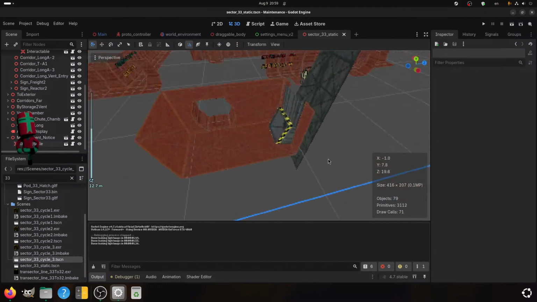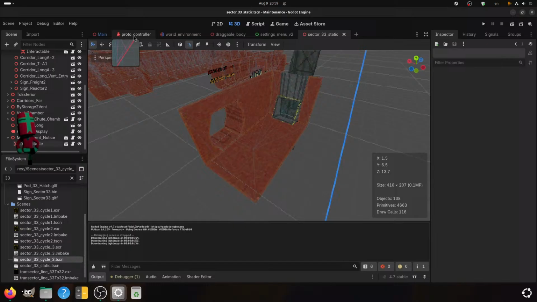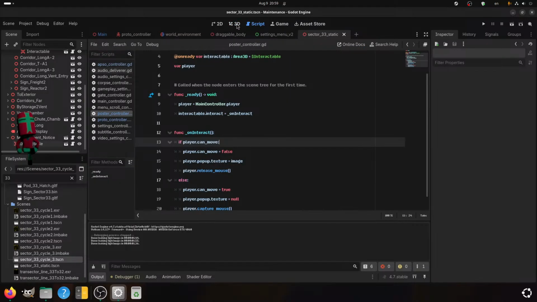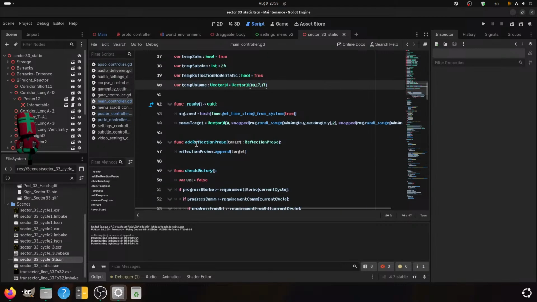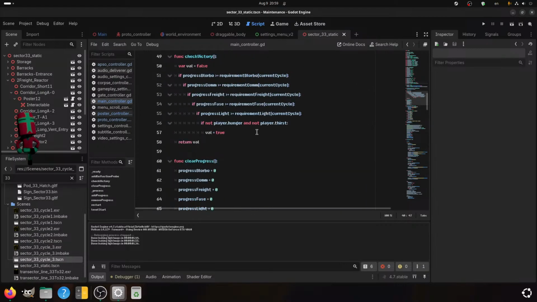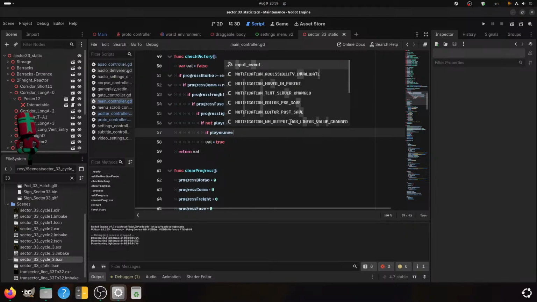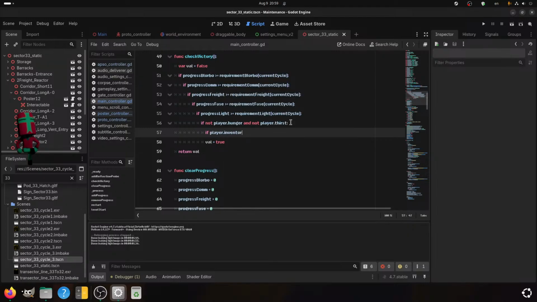You know what? We can do one thing, however. Main controller and not player first, and if player dot inventory dot size equals 0.